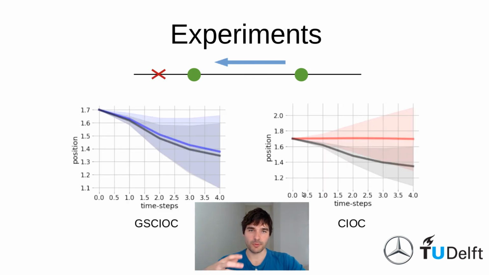We also did this with a repulsion experiment where now this agent pushes the left agent towards the goal position, and just a visualization. So this indicates the position on this line and indicates where the right agent is moving on this line. Gray is the ground truth data. Blue is our algorithm, general sum continuous inverse optimal control, so the behavior that it reproduces. And continuous inverse optimal control just doesn't understand what is going on. Okay, so it's not sufficient to use this algorithm for these types of scenarios.